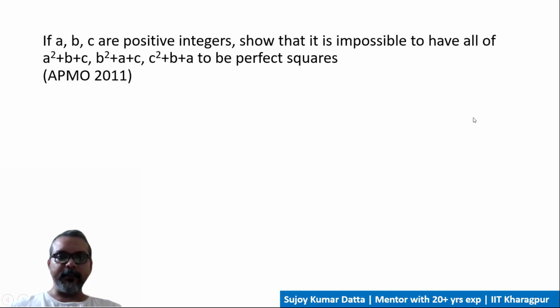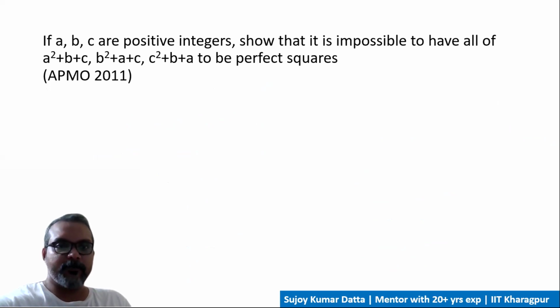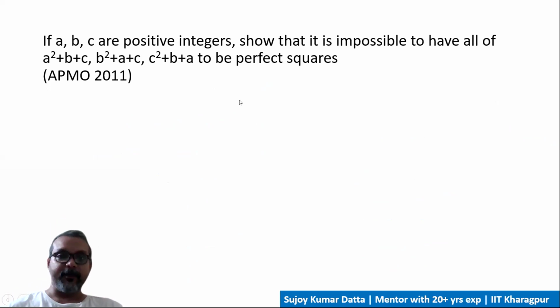Now this one is saying that if a, b, c are positive integers, show that it is impossible to have all of them to be perfect squares. Now here the point is that a, b, c are positive integers and we are trying to show that all three cannot be perfect squares. So if I try doing that,